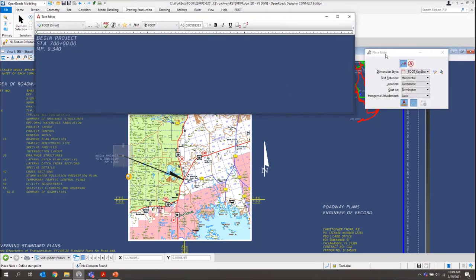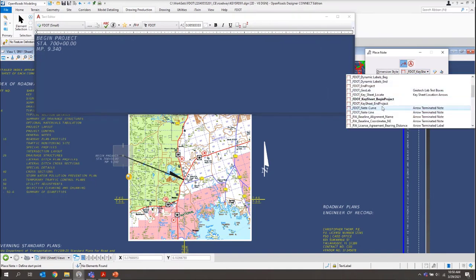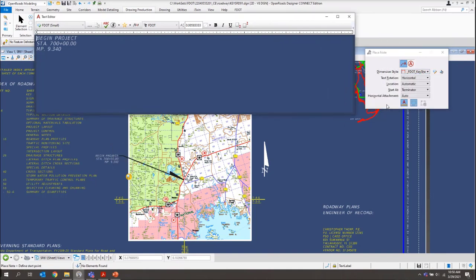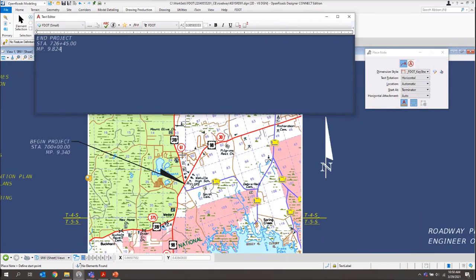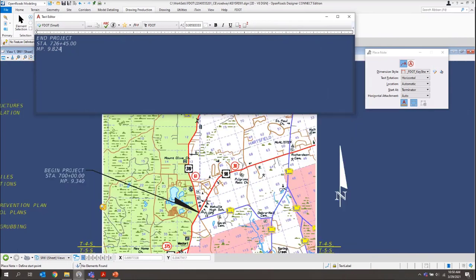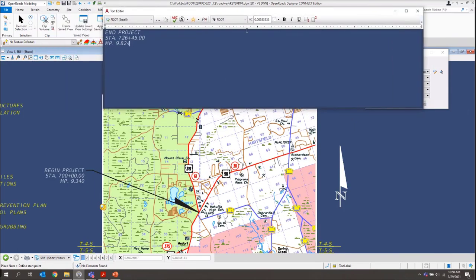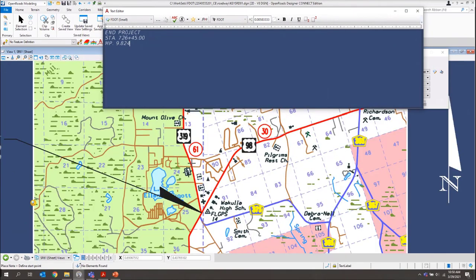It's going to be the same process for our end project, but we do want to make sure for that one we switch our dimension style to f.keysheet end project, and then change our text accordingly. So, end project and our ending milepost. Then we'll just come back up a little bit on the project here. It's a relatively short job. So I'll just come up on 61 because the work is actually on US 19, State Road 361 or State Road 61.